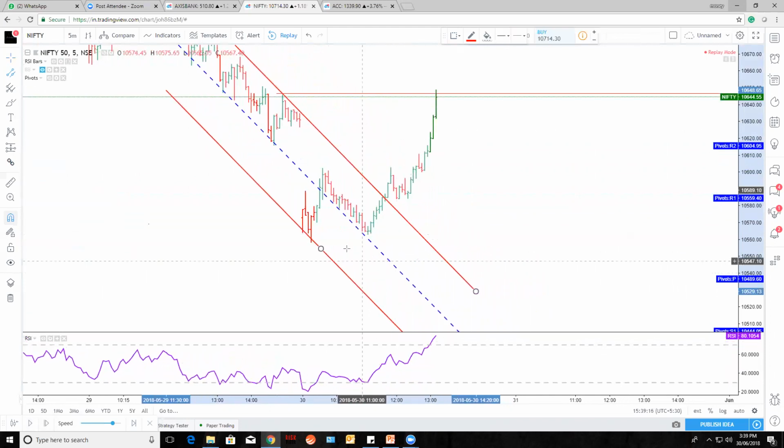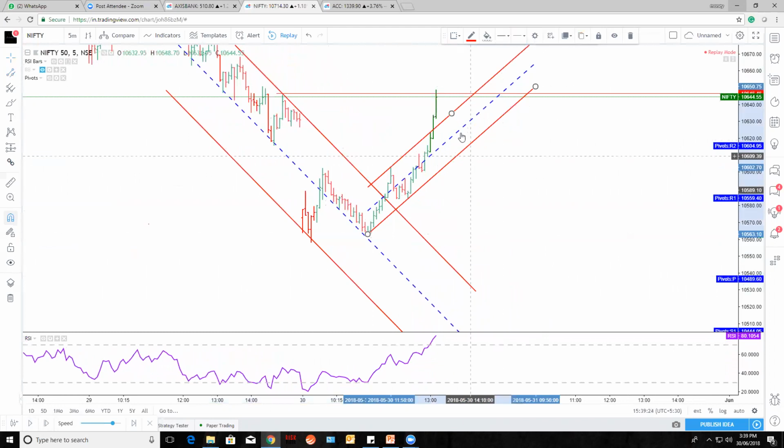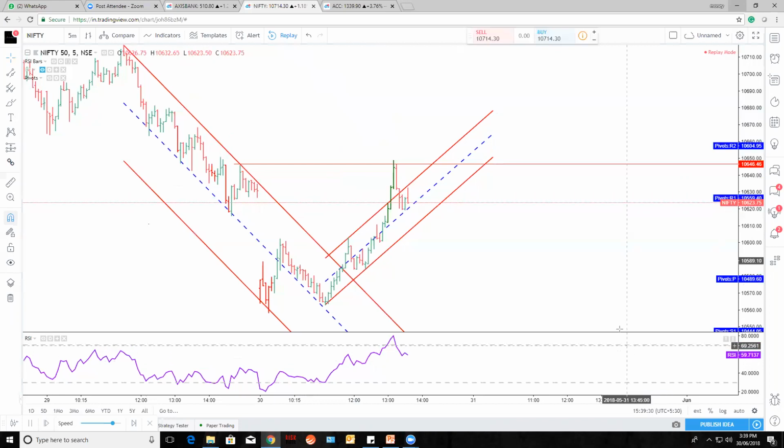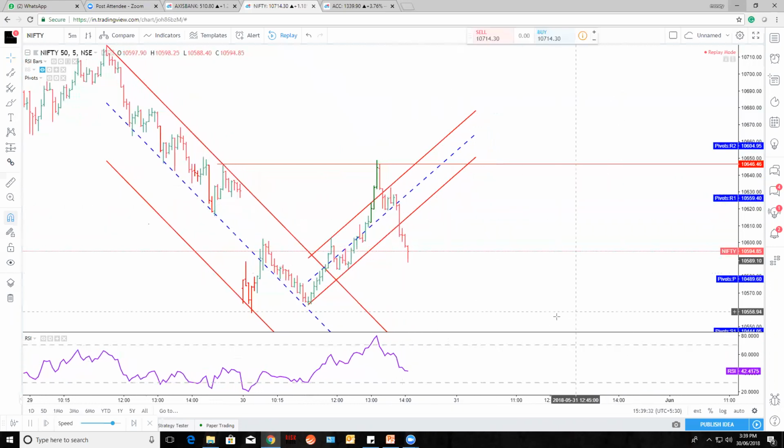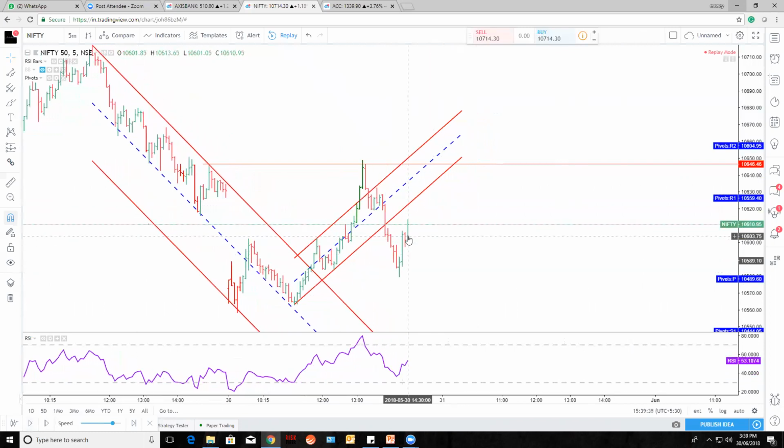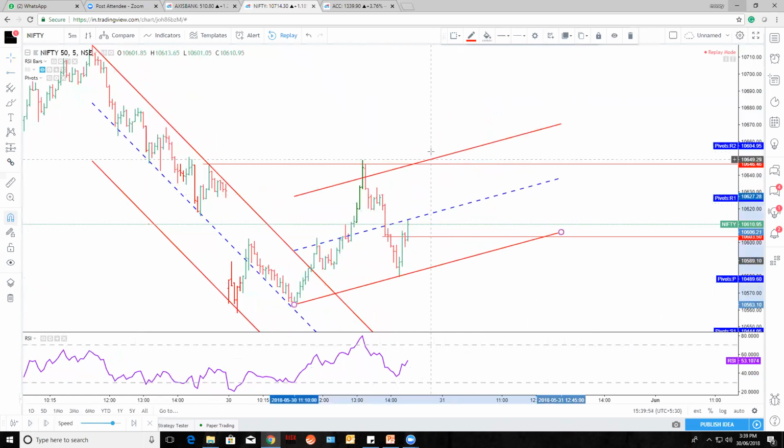See, whenever it is crossing, let's say this is 1, 2 points. 1 point we got, 2 points we got, and the third point we got. Draw one more channel. Keep this as a high. See, it went up to the channel's high. See, this midline is also acting as a support. Now, what happened? Once it broke the channel, you need to wait for that candle to break. This is actually a big high candle. Whenever it is crossing, you need to sell it and trail your stop loss. Whenever it is crossing this point, again you change your channel to here. You may shift the channel to this price.